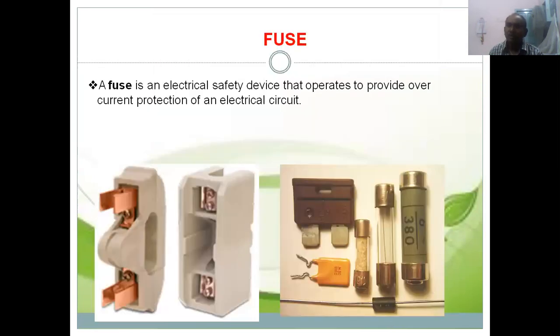Now coming to another important device, the fuse. You have already studied this in first year materials. What are the fuse materials? Generally any conductive material can be used. A good fuse material is silver, and sometimes we can use aluminum or copper. For a perfect fuse wire, we can use an alloy of lead and tin, a combination of 64 and 36 percent. A low melting point alloy is used as a fuse wire.